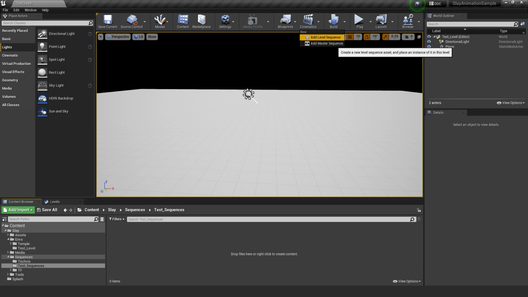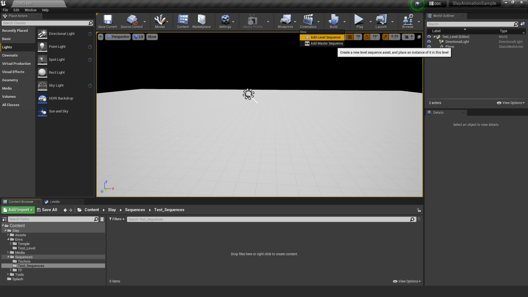A lot of the shenanigans you'll be dealing with is all inside of your level sequence. The master sequence, which we'll get into for sure, holds all of these other sequences inside of it, and I'll go into depth a little bit later.